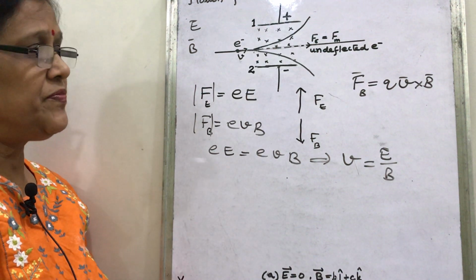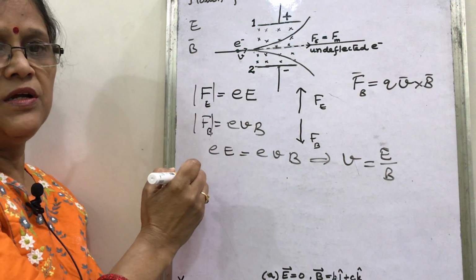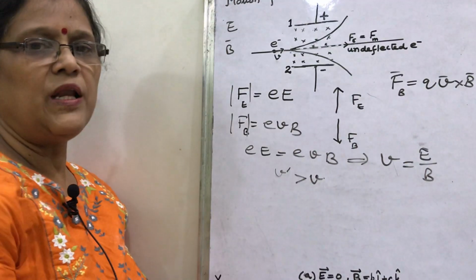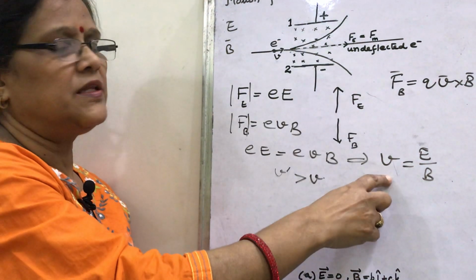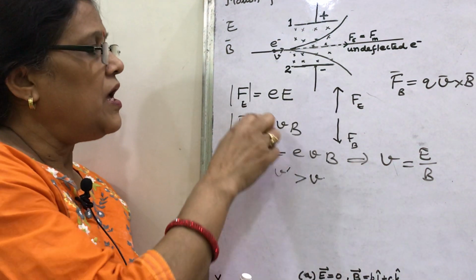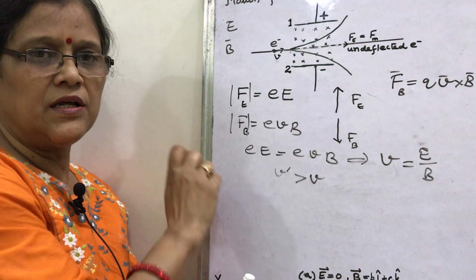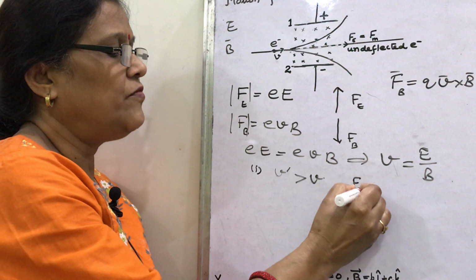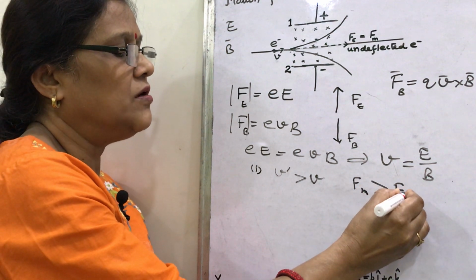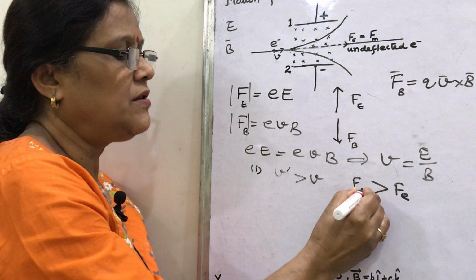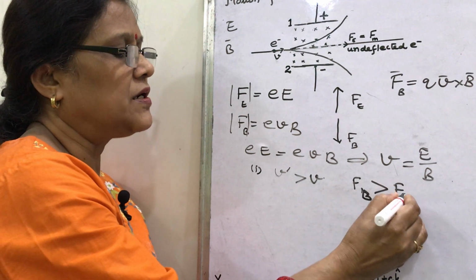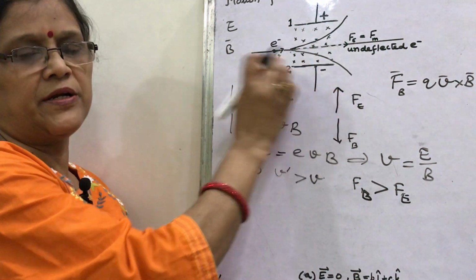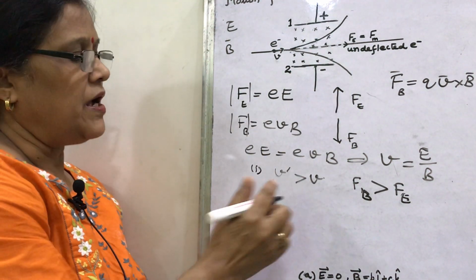What happens if the velocity of the charged particle is greater than V? If the velocity is greater than this V, you know, Fe is independent of velocity. So what will happen in the first case is that Fm will be greater than Fe. Fm, magnetic, I have written with the B, and this is the electrical force. So this moving charge may hit this negative plate, and